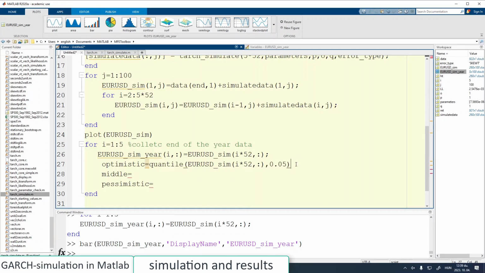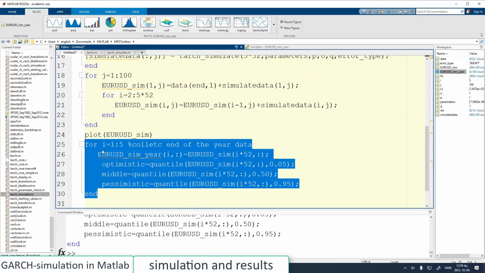Then we will see whether this is the optimistic or the pessimistic scenario, because I'm always confusing them. But this is the middle, this is the higher one, and hopefully